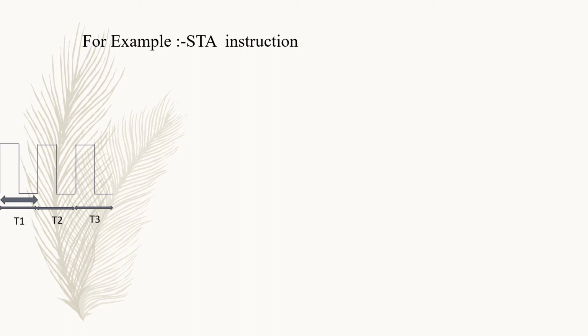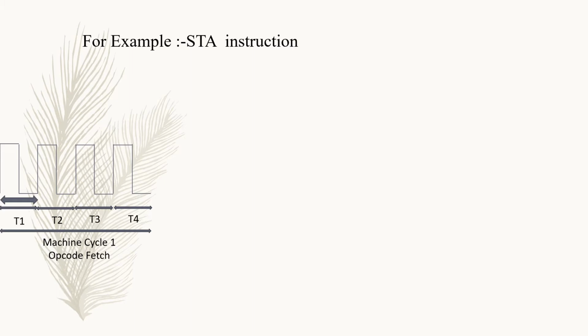So we know the T-state, the subdivision of the operation performed in one clock period. So T1, T2, T3, and we have one more T-state, T4. So T1, T2, T3 and T4 together forms your one machine cycle, and this machine cycle 1 is used in STA instruction for opcode fetch. So again let me revise the definition of machine cycle. It is the time taken to complete a subpart of an instruction. Either it can be accessing an input or output, or the memory, or an opcode fetch. So in order to fetch an opcode for this instruction, we require 4 T-states.